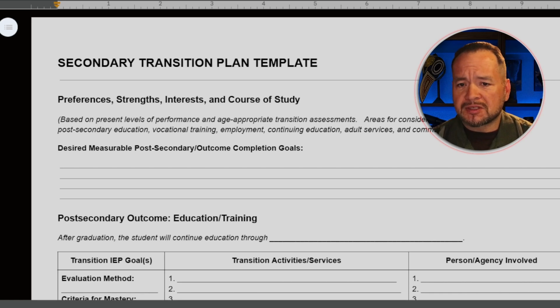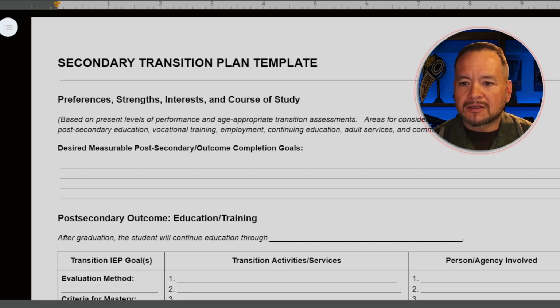But typically what you see in here is just an interest inventory. That's the most frequent one that's used because it's free, and so it's easy for the school to put in there. So it's really difficult to shape real goals without understanding work values, work interests, and also aptitudes or strengths and support needs. Another issue that I notice in this section is that the students' classes that they're taking don't always match their career path or the training path that they have. And so we have to have more input there to make sure that they're actually matching up. Typically, it just depends on what the school has available.